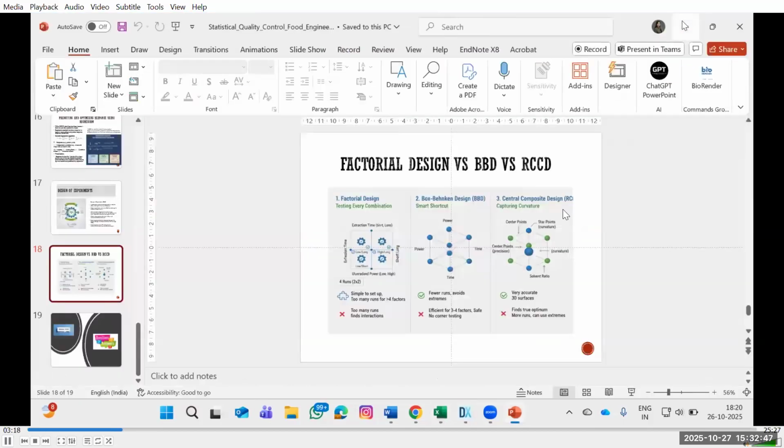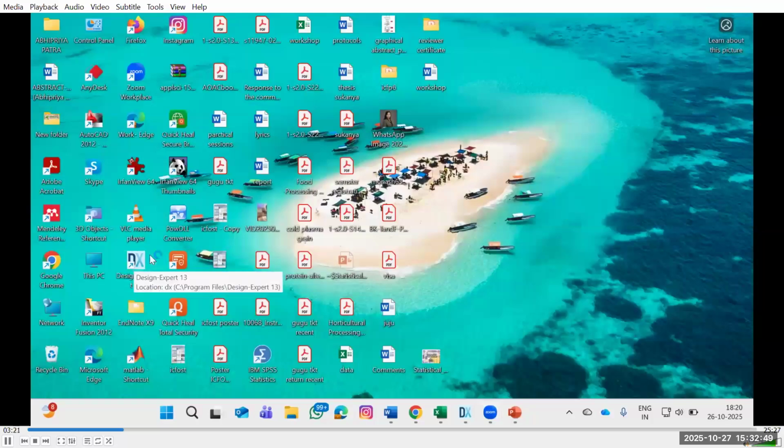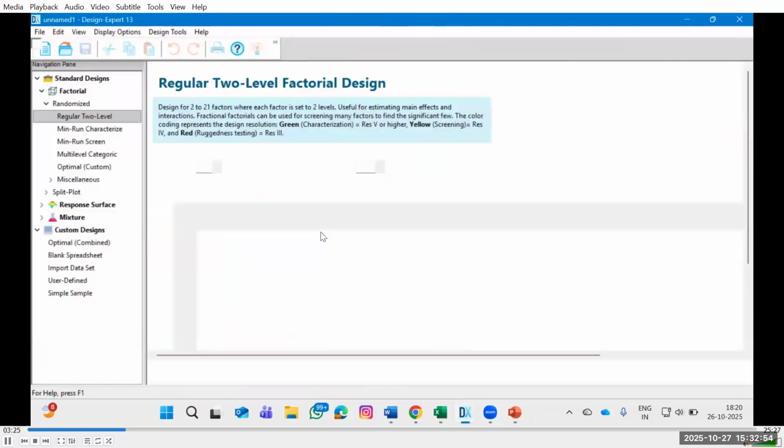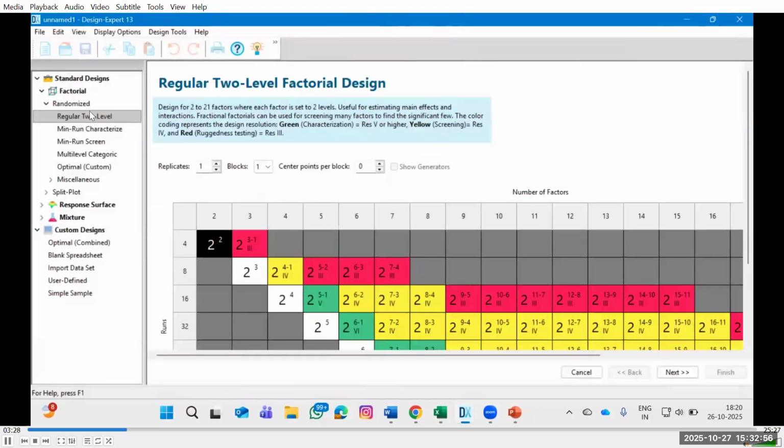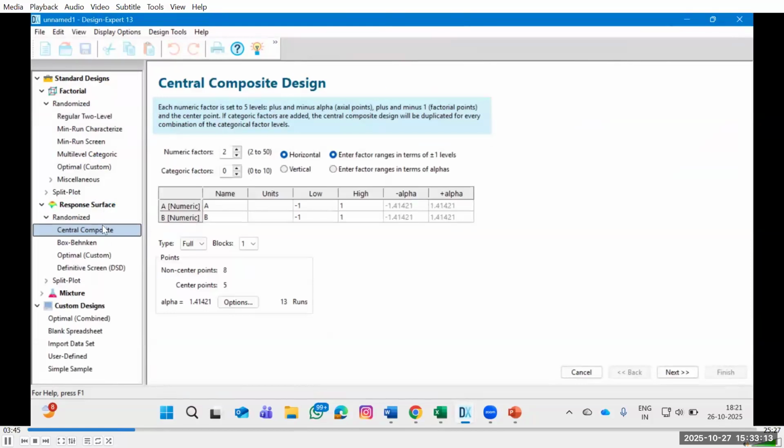This is the Design-Expert software, and we have to click New Design. At the new design, there are different designs of experiments we can statistically represent. From these, we mainly consider factorial designs and response surface designs. And in response surface, there are different types of